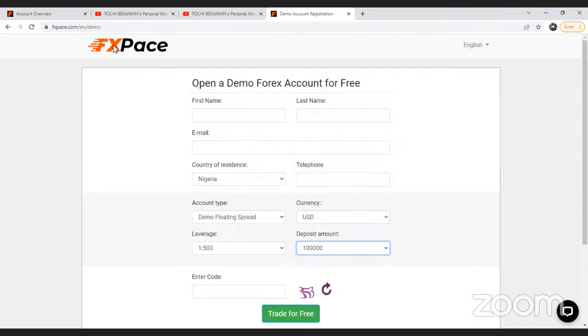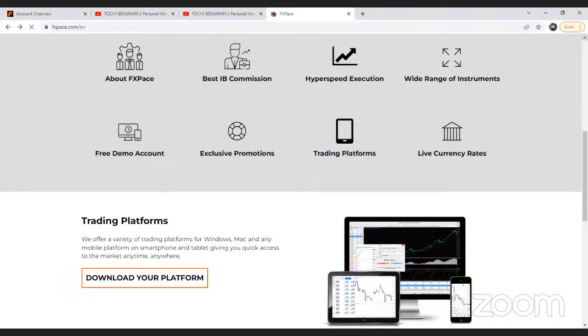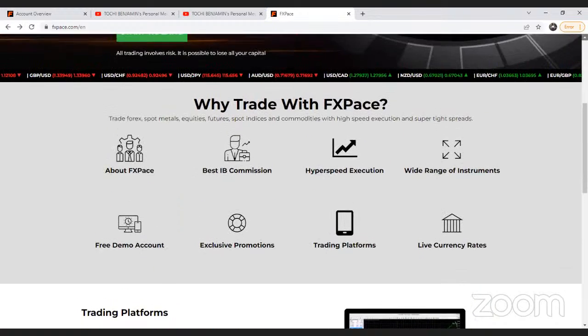Now, this is for demo accounts. Let's go to live accounts. You can do it while we are talking, please. If you have your phone with you, of course you have your phone with you, or your laptop, you can just log in and do it, so that it will be easier in our next class. All of us must have gotten our MT4 already. It will be easier for me.